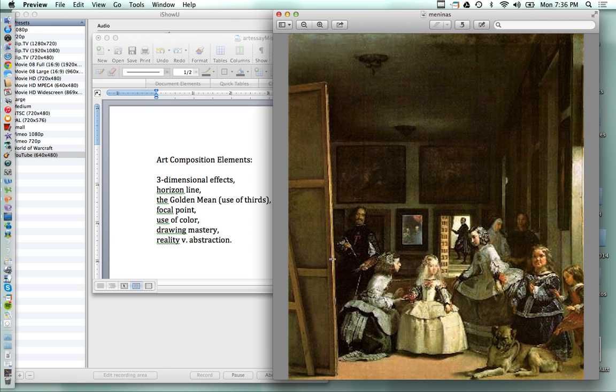Now we can see that the line kind of goes across this way. There's a third on the ceiling here, a third here, and a third with these figures going across, and also sort of this, like the spears in the other painting, kind of makes a border so that the painter has the line swooping in towards the focal point, which is this little princess here in her white outfit. And the courtiers are attending this little princess who is contrasted with the darkness in the back of the room,